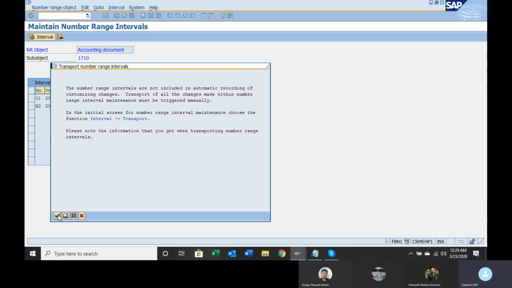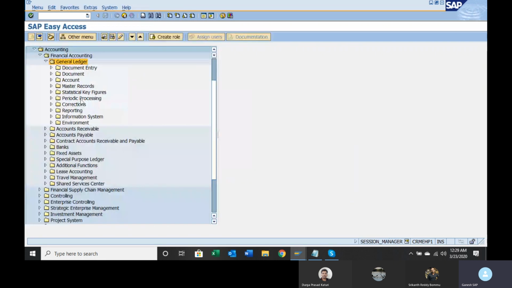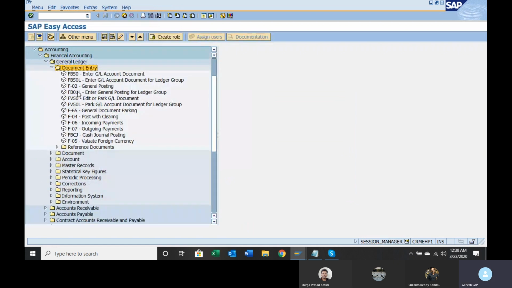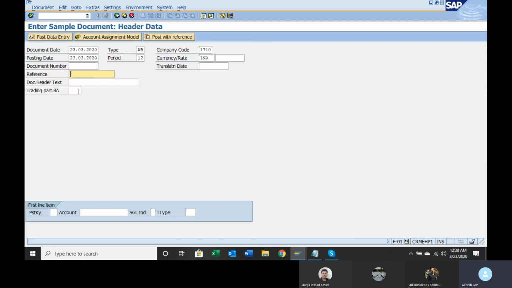So we have maintained the number ranges. Go to document entry, reference document, sample document. Sample document test.